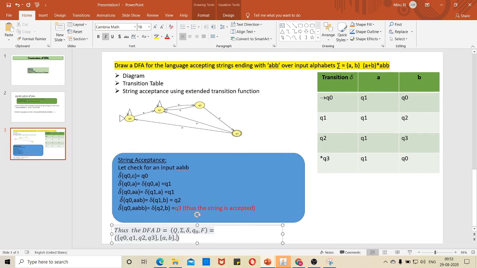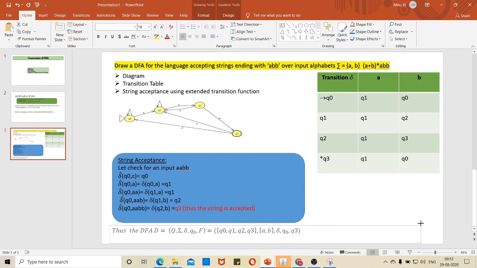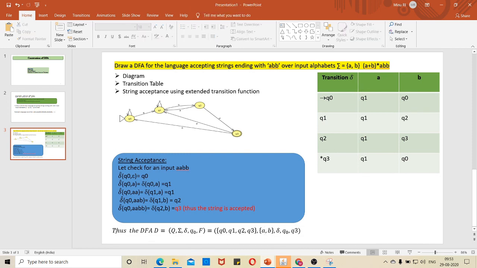Then for delta transition, you do not need to write anything because that is what we have written in the transition table. So, that is fine. Here Q0 is your initial state, no problem, and your final state is Q3. So, write it as Q3. This is your tuple definition for your DFA, thus the constructed DFA's tuple definition. I think you have understood how to create a DFA. Very specifically for writing in university papers, this is how you have to write. For a problem, you should draw a diagram, table, string and a final definition.